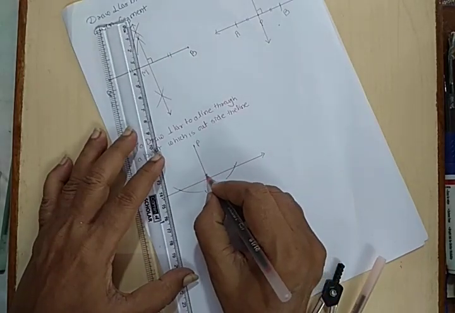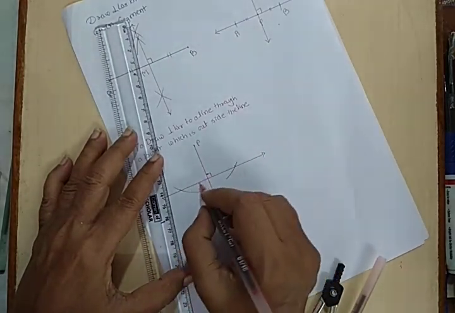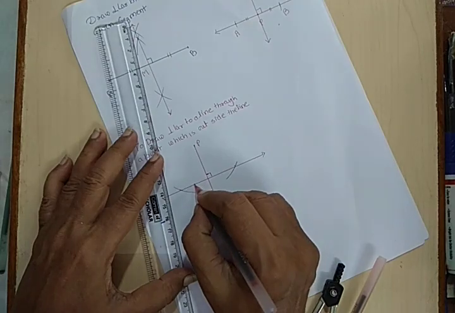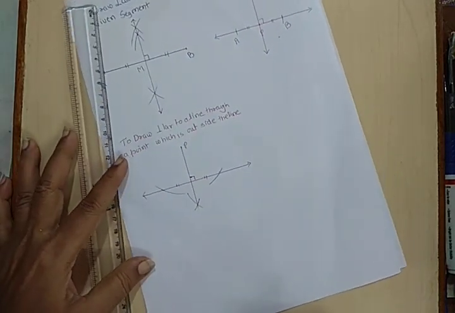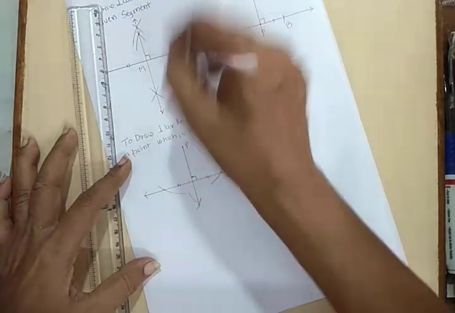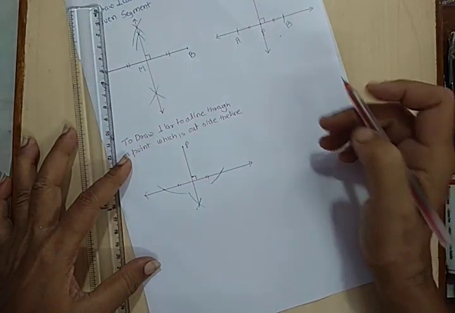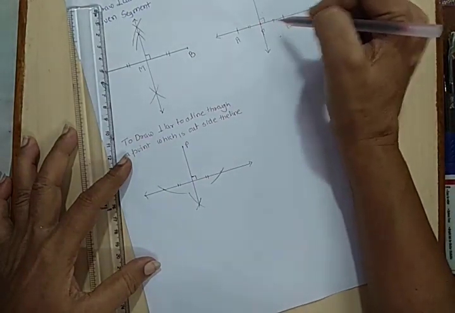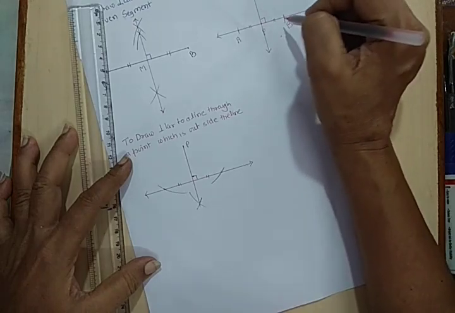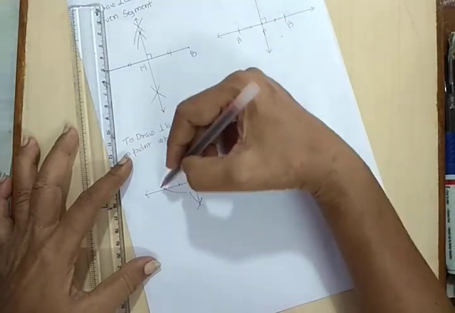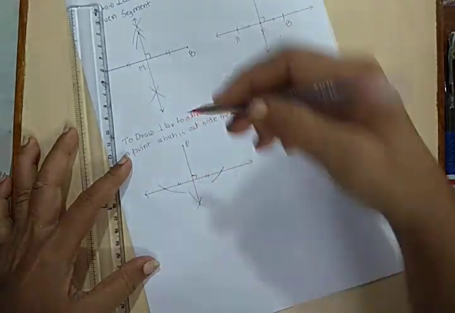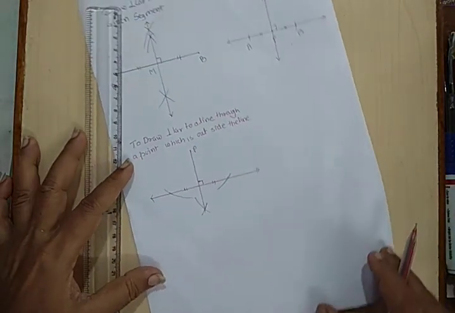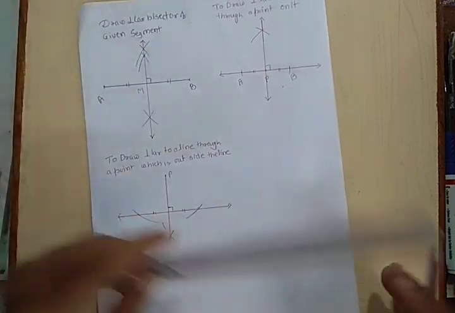Again it is perpendicular. Again we know that these 2 points were equidistant, therefore this much distance is same. Okay. Now here no need to mark on upward side also. Here also only one mark is sufficient, but we have marked here two equal distances. Here also we have marked these two equal distances and then found out the line perpendicular to given line.